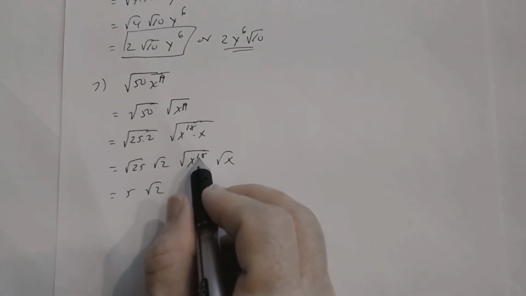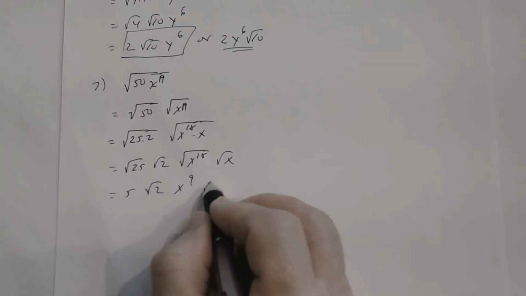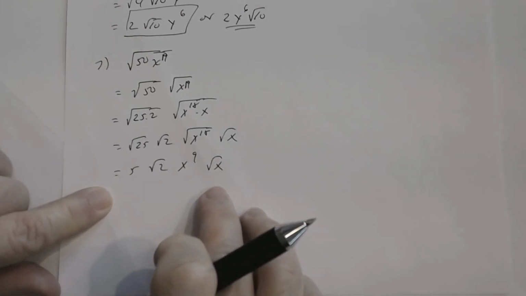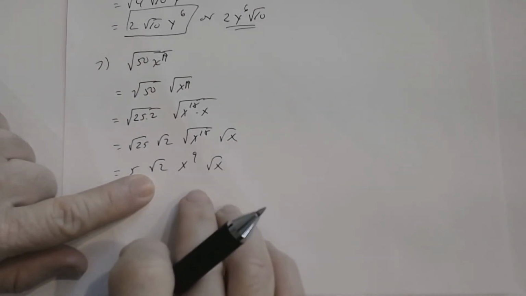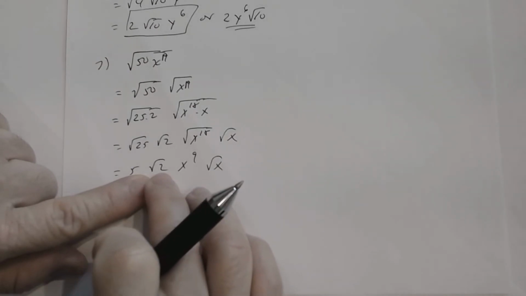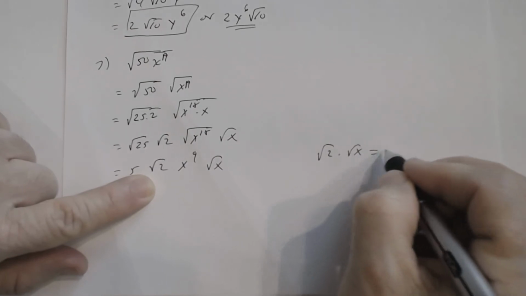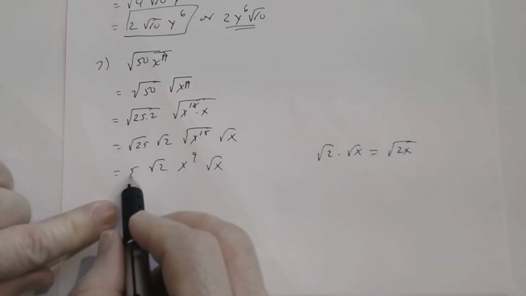Now 18 is even. 18 divided by 2 is x to the 9th. And then I cannot simplify the square root of x. Now here's how you're going to write the answer. Listen carefully. Don't leave it like that. Because remember, using the idea of that product rule, what's the square root of 2 times the square root of x? The square root of 2 times the square root of x, remember, it's just the square root of 2x, right? Okay. So you're going to say,